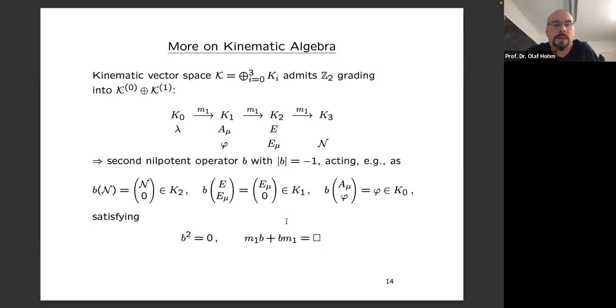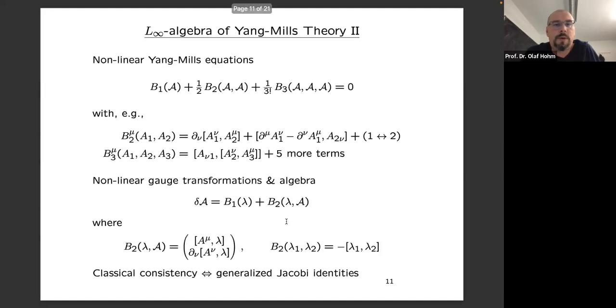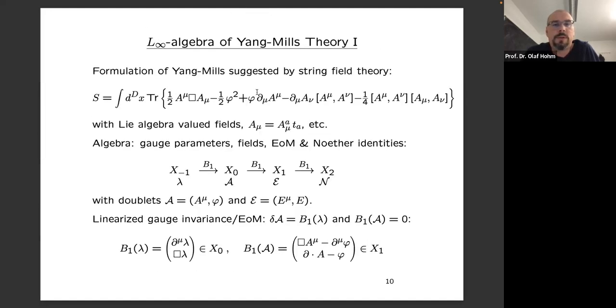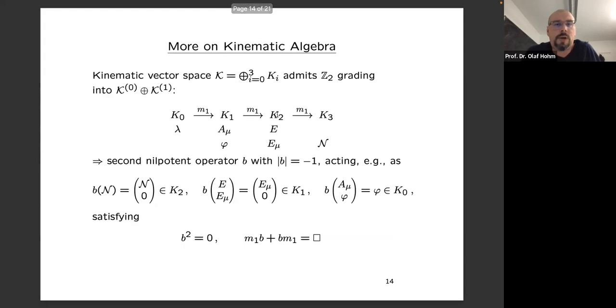Okay, so that's just the basic kinematic algebra that works for any formulation of Yang-Mills theory. But now I can explain to you why this formulation with the phi was convenient. Remember, we had this silly-looking auxiliary scalar phi, but in fact that allows you to define in a nice way this extra structure, which I mentioned in the case of Chern-Simons. So this extra structure is manifested in this form, namely an additional Z2 grading of the underlying vector space, which is thanks to the phi and which allows us to define the B operator, the analog of the B